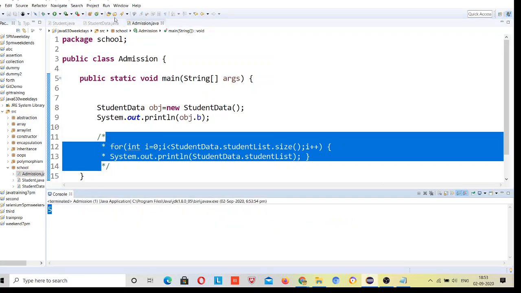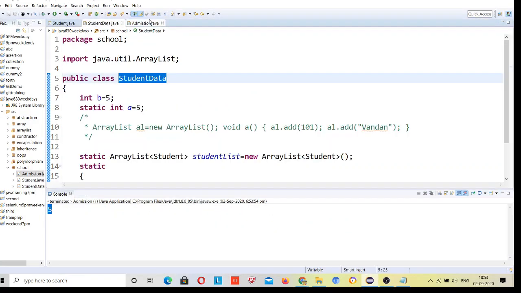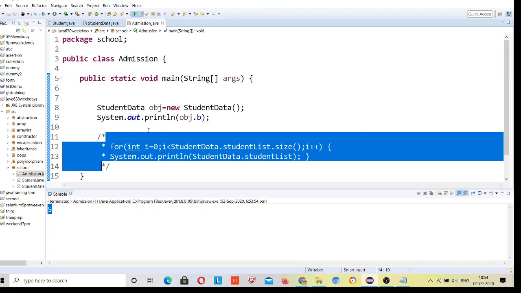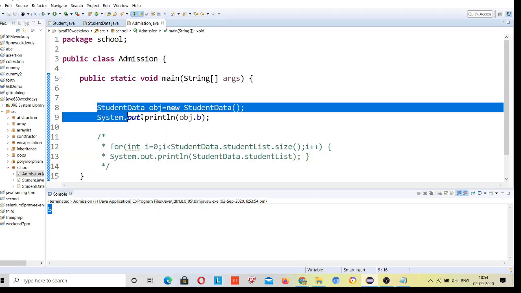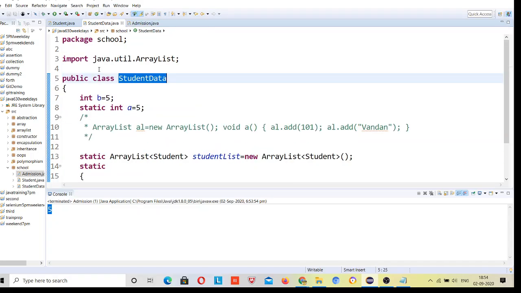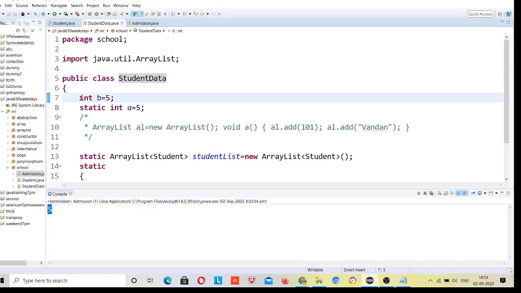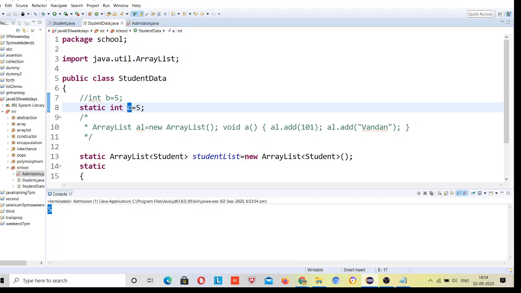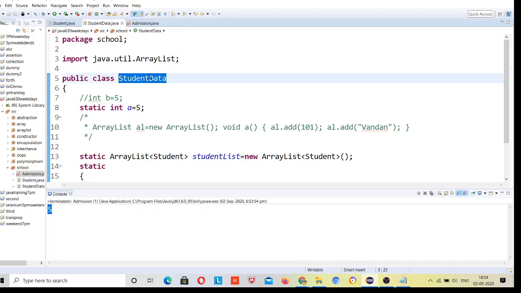B was declared as 5; you declared an object and used that variable, because this variable was not static. But if you want to access a static variable, you can directly use class name dot variable name.